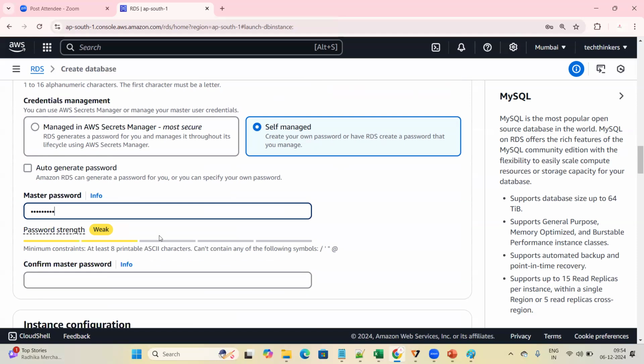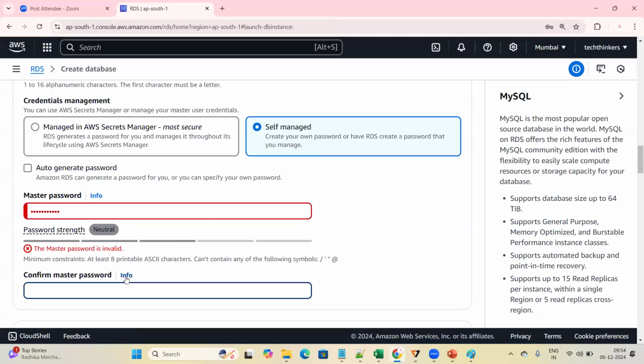Admin12345. Okay. Let me give admin@12345. Okay. Here also I'm just confirming it is not 8. Okay. There is some constraint for the password. So the password is